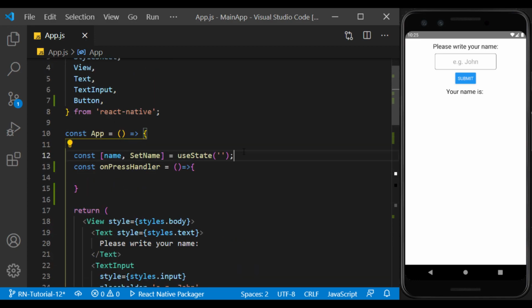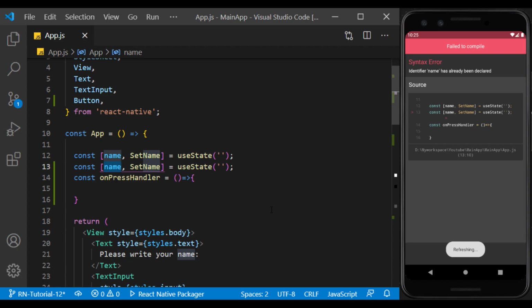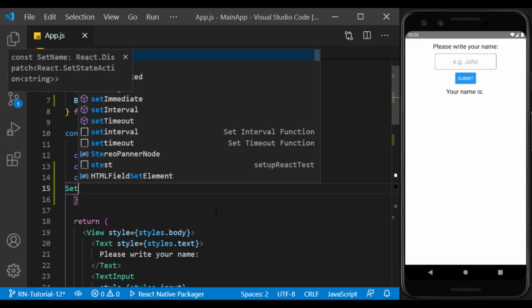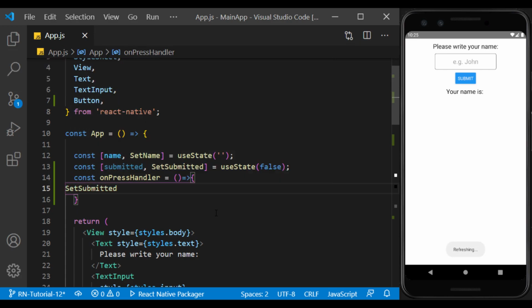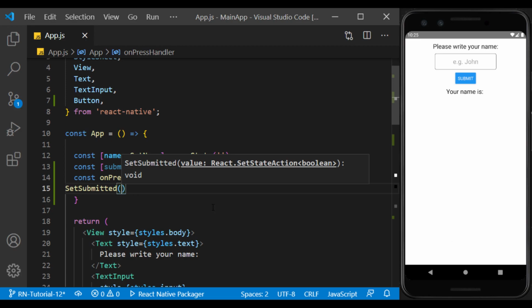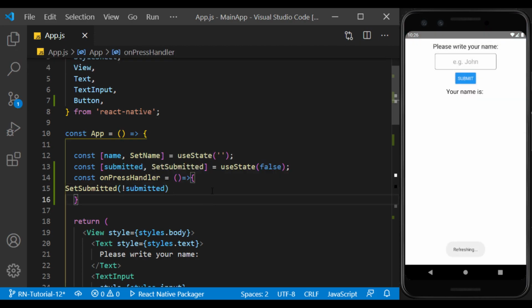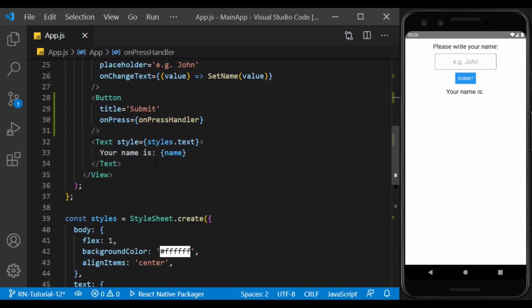Now we define a state to save the click of the submit button in it and set its initial value to false. In the function we defined, we set its value as opposed to its current value. In this way, by clicking the button again, its value becomes false. I changed the previous text related to our needs and place it so that if the submit button was clicked, it would be displayed.